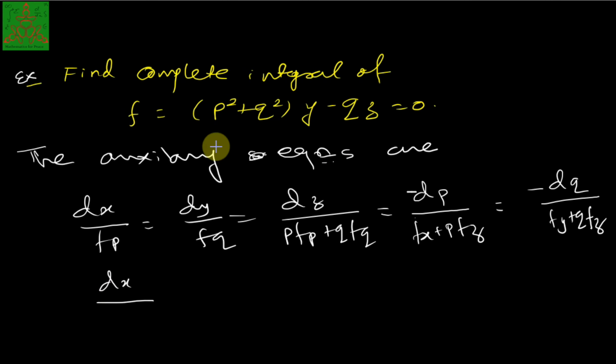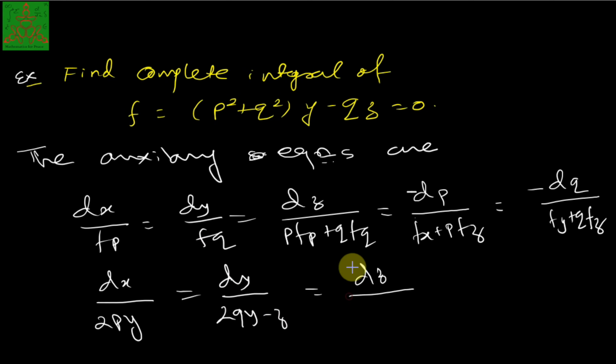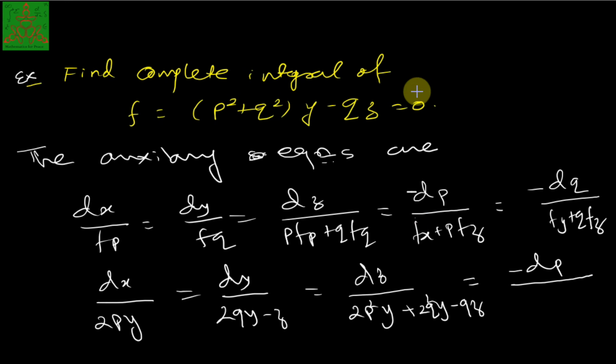So dx/fp is 2py, equal to dy/fq, which is 2qy − z, then dz/(pfp + qfq), that is the multiplication of this with p, that is 2p²y + 2q²y − qz, is equal to dp/(fx + pfz). The derivative of this with respect to x will be 0, plus p into fz, the derivative with respect to z is −q, and p times that gives −pq, is equal to